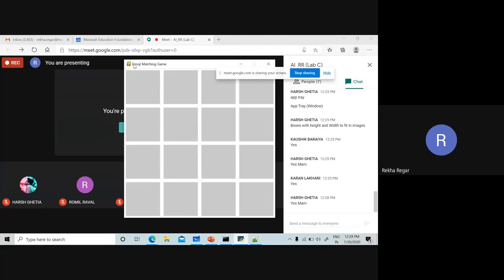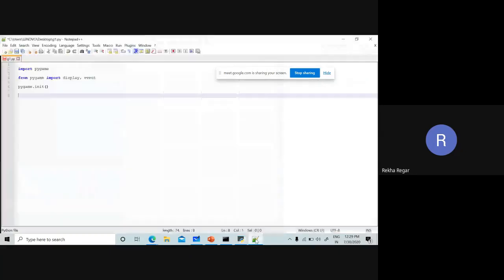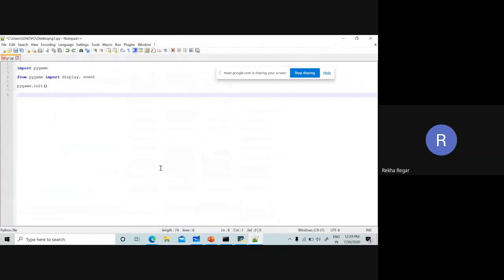So using display.set_caption, we can write down the name of the window. In this you have to write your name, so gaming console, or you can say window also.